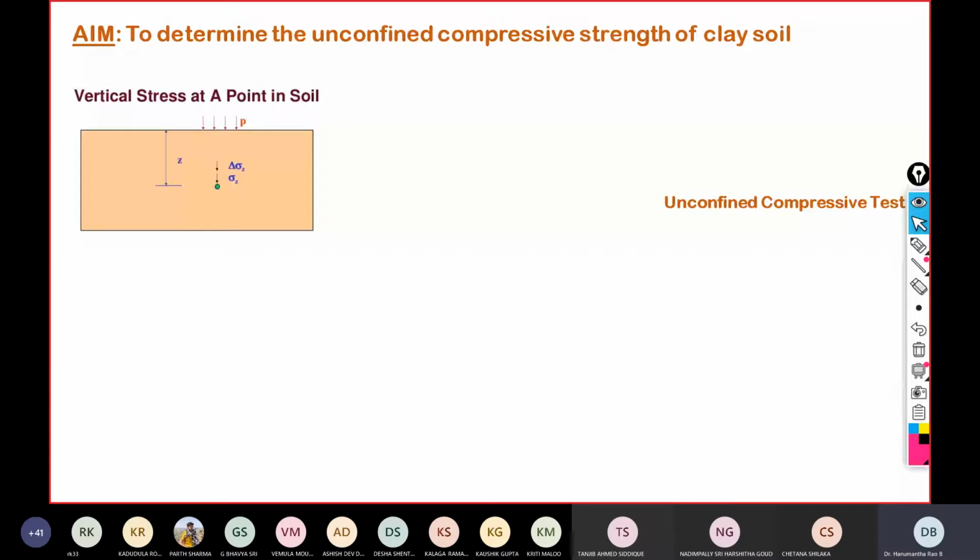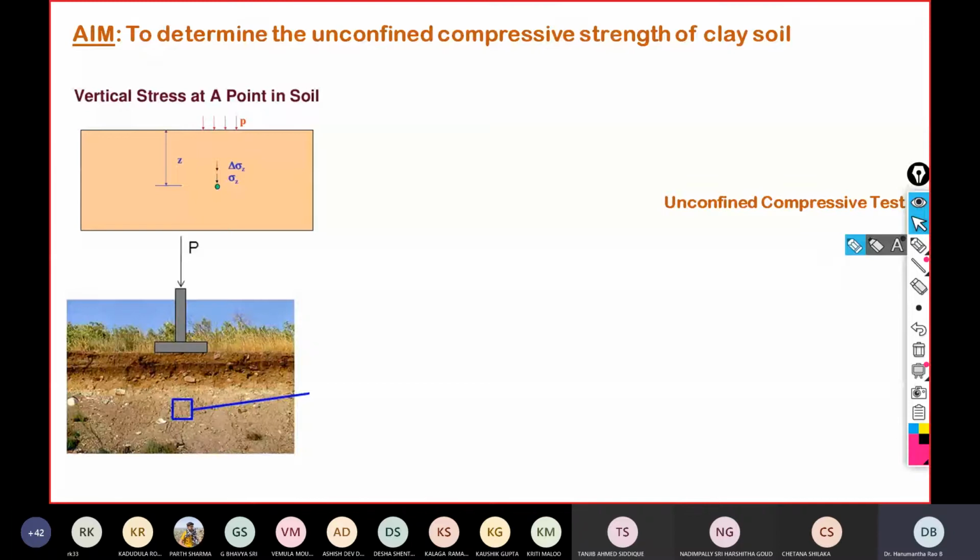For example, if you take any soil sample, say this is the natural ground. If you take any point A below the ground surface, different kinds of stresses act on it: axial stresses, normal stresses, shear stresses, and so on. So this is the typical condition, a natural ground. Normally we excavate for the purpose of the foundation, and on top of the ground we construct a foundation, and P represents the load of a superstructure. Suppose you take any small element of a soil sample at a depth, say Z.